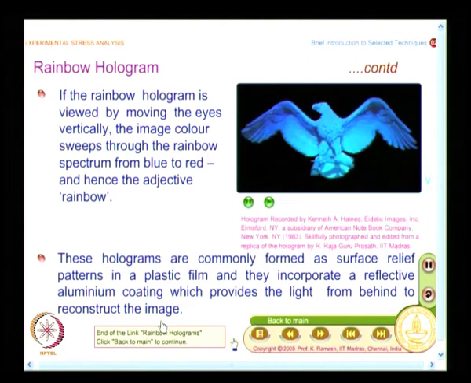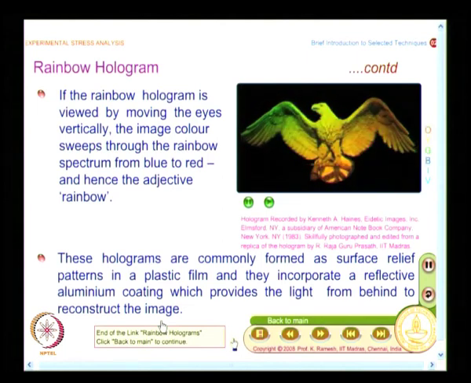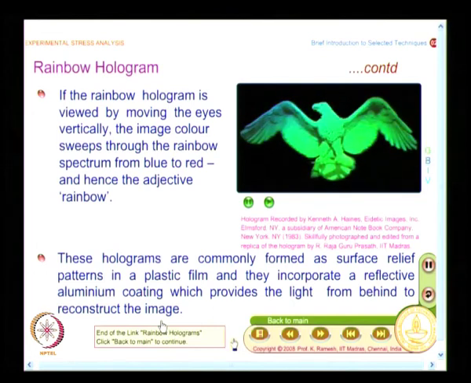So, you have a play of colors, and that is a way you have to verify whether it is a genuine hologram or not. And these days they have multi-layered holograms. You will see on one layer one information, another layer another information, and this use of holography is more from security point of view, less from stress analysis point of view. So, what we will do is we will try to look at what is the use of holography in stress analysis in the next class, and you will also have to remember holography was invented in 1948, as recent as 1948, and